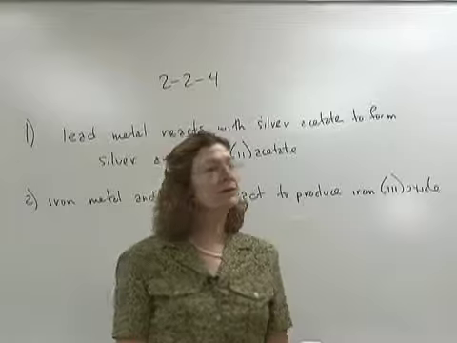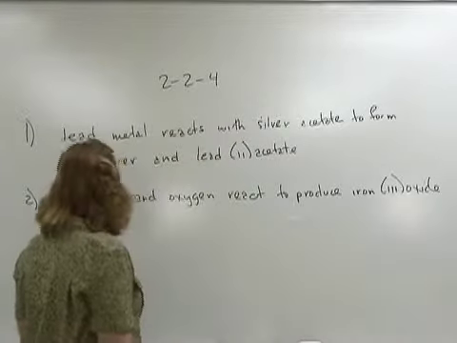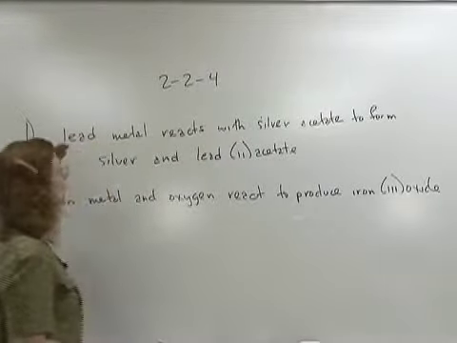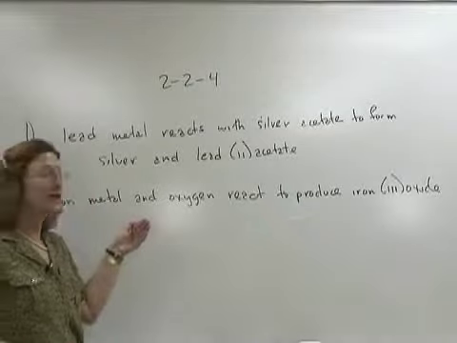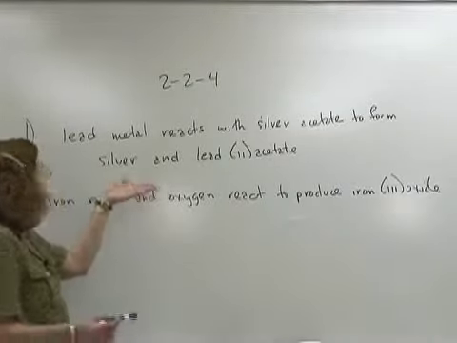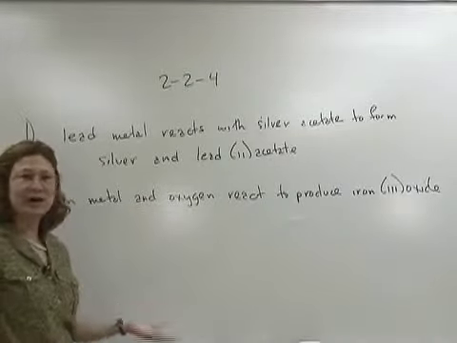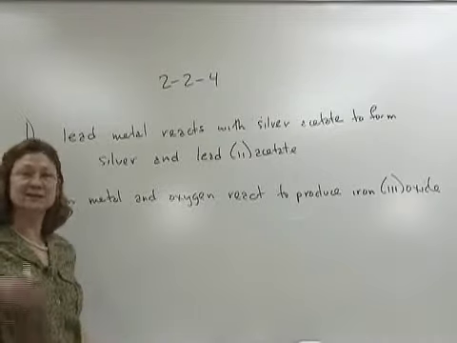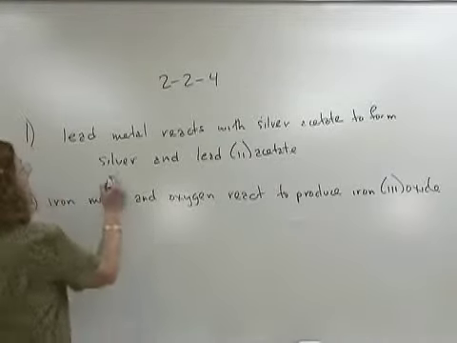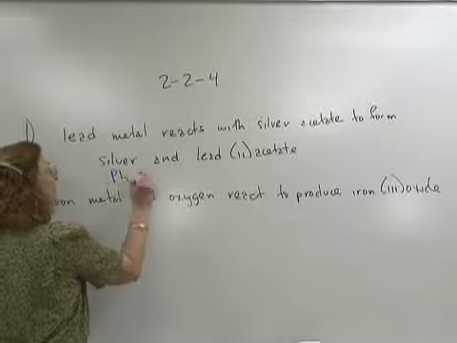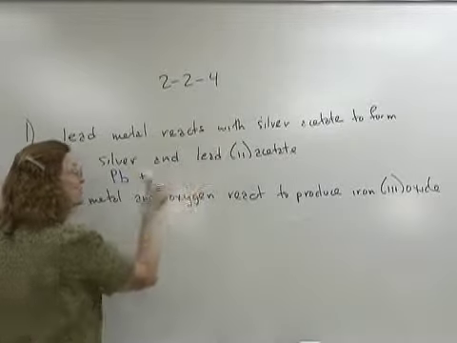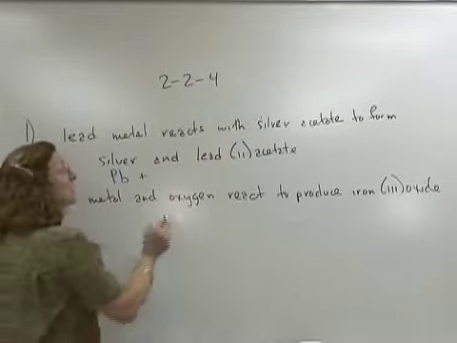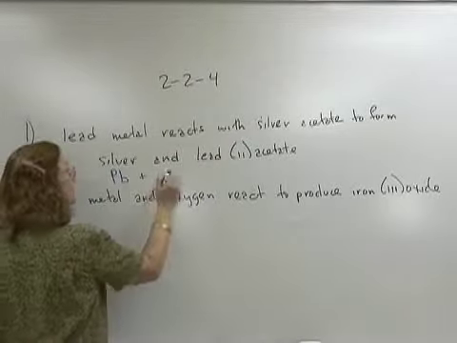It's important to understand that we are changing the words to symbols. And lead metal is just lead. It doesn't matter if it's pellets or powder or whatever it is, it's still just lead. So we have Pb. Plus, it's reacting with, so we use a plus. Silver is +1 and acetate is -1. Therefore, it is just